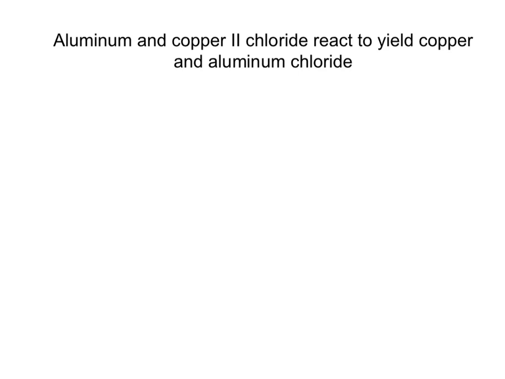So here's another example that I want to walk you through. We have aluminum and copper(II) chloride reacting to yield copper and aluminum chloride. The first step is to write the basic, or skeleton, equation. It says aluminum and doesn't mention it being an ion, so I'm just going to say Al plus copper(II) chloride, so